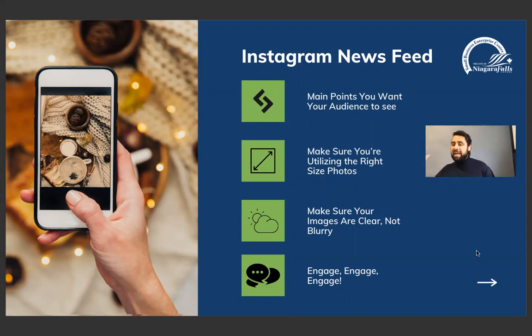We're also going to be showing you a case study in just one moment of how an Instagram feed looks. You want to make sure that your images are clear, not pixelated, and not blurry.